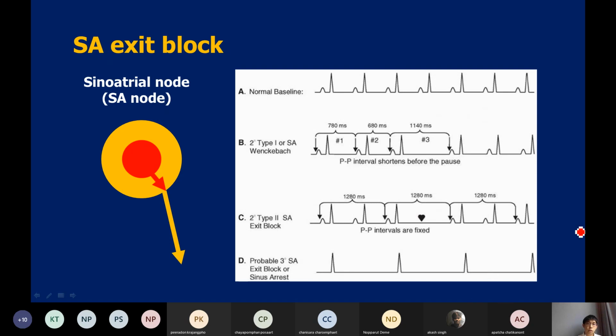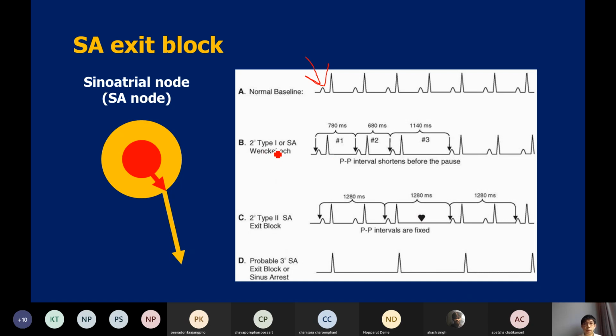This is the normal baseline ECG on the first row of the diagram. This one is the normal baseline. You can see that there's a constant P wave and the rate is normal. And if there is some type of SA exit block,